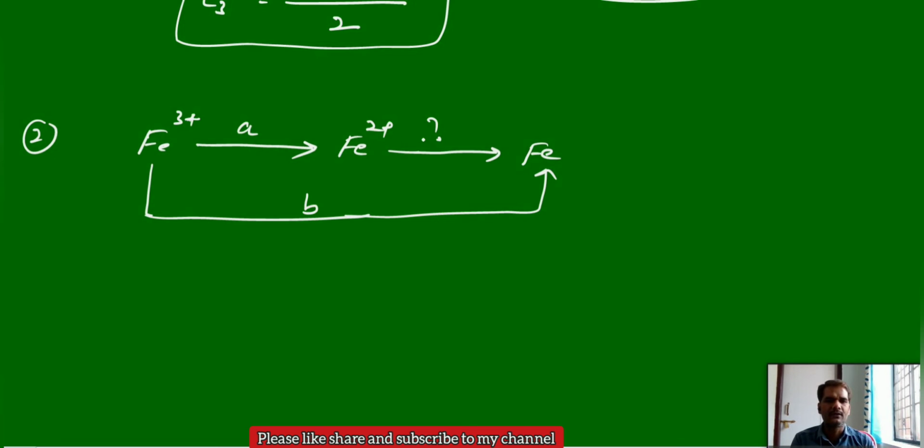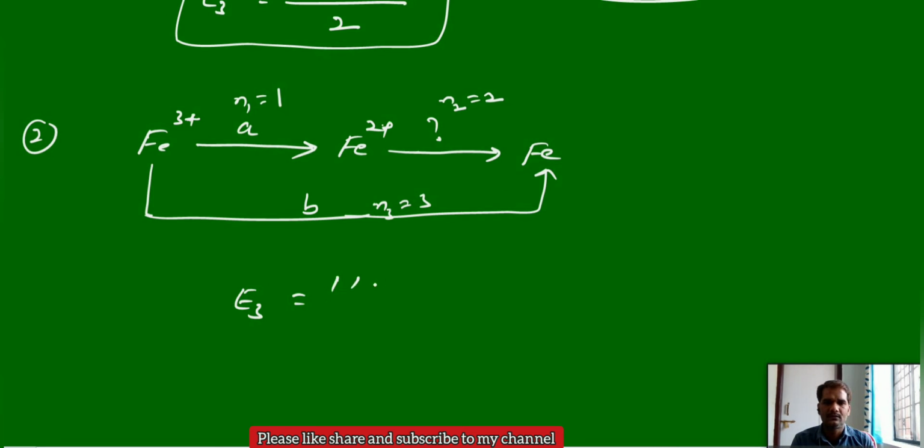In this case, what formula can you use? Directly, that is iron 3 plus to iron. Let us assume E3 is equal to E1 plus E2. For E1, we have to calculate the number of electrons transferred here, N1. In this case, N1 is the change from plus 3 to plus 2, 1 electron, which you have to identify as the n factor. Plus 2 to 0, here N2 value is 2. And here N3 value is 3.